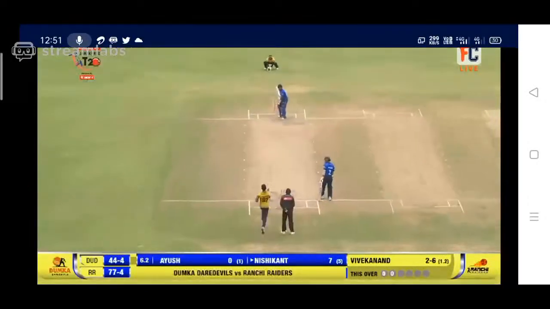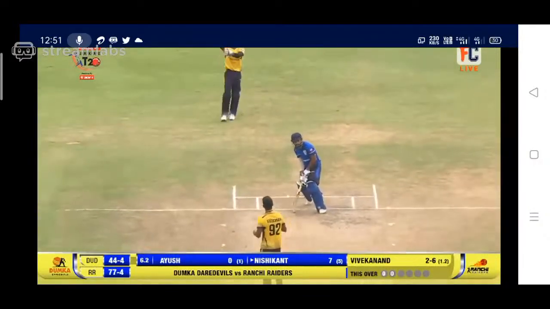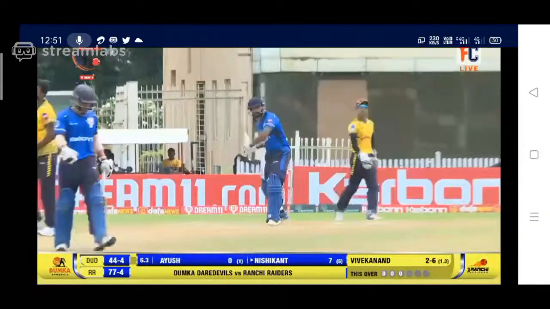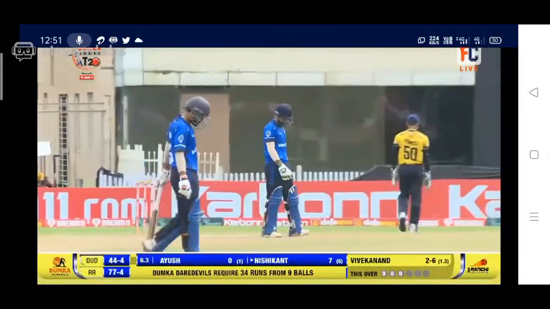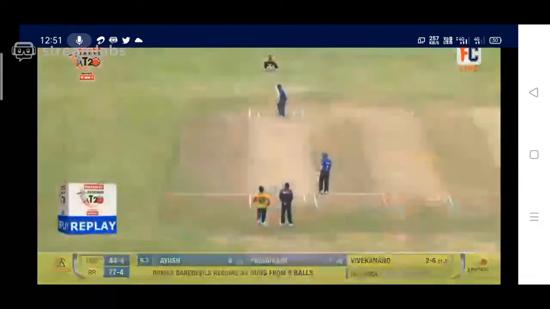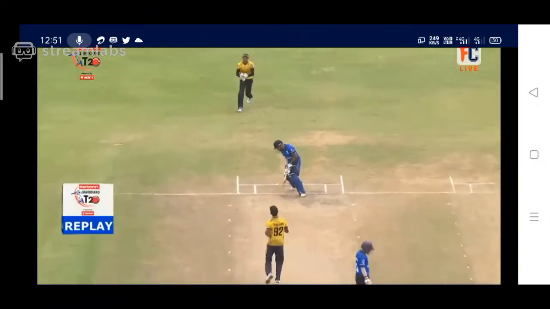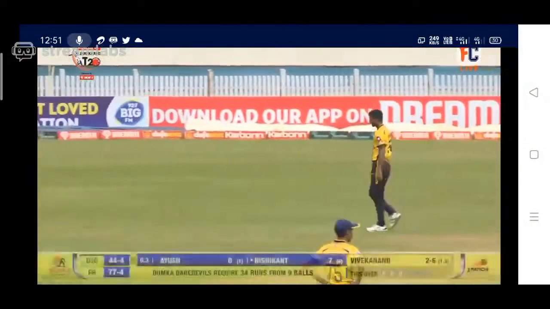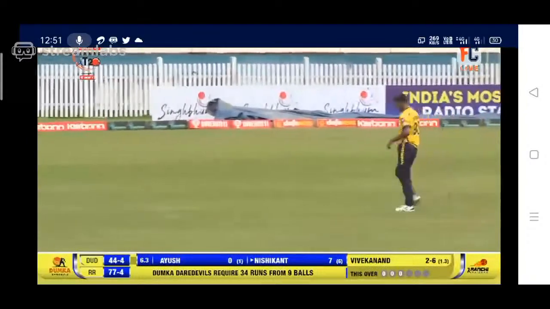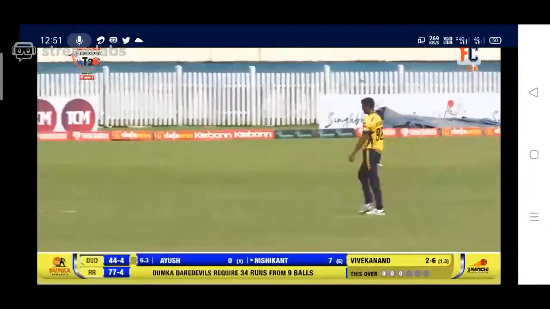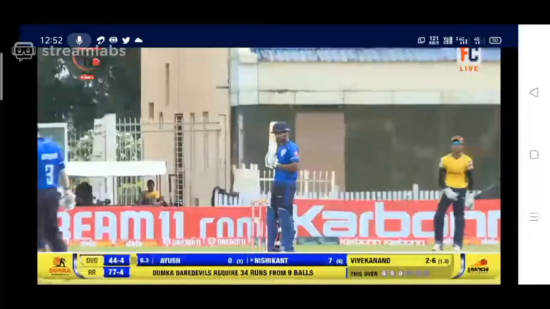...78 to win this match. Oh, thrice in this over, the batsman was beaten outside the off stump. And more importantly, the ball is kicking, rising and not allowing the batsman to hit it on the offside, leave alone dragging it to the onside. 44 for 4 after 6.3 overs.